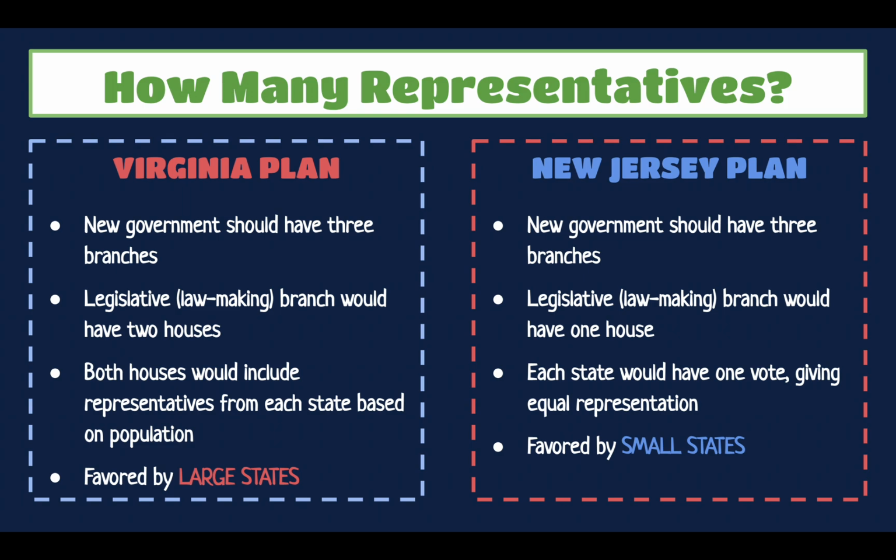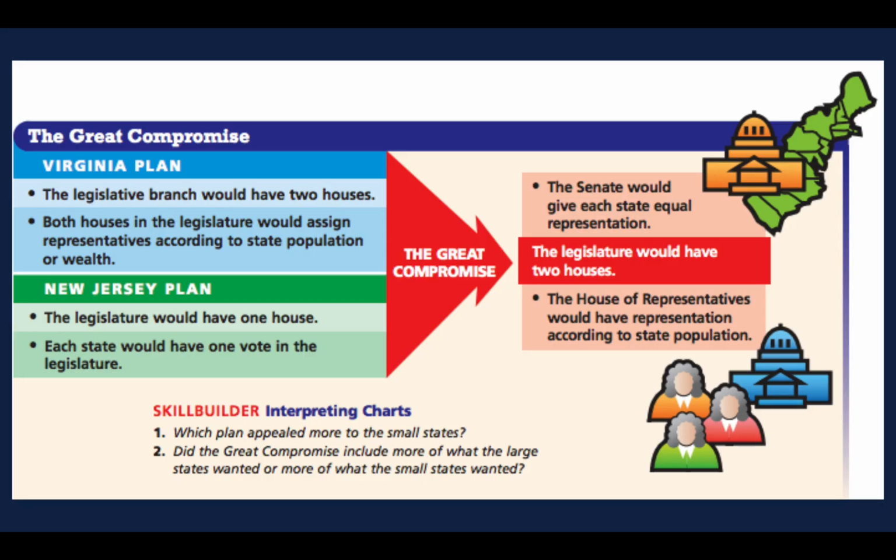So the end result was a compromise of these two. It's oftentimes called the Great Compromise, where elements of the Virginia plan and New Jersey plan were brought together. It would create a two-house legislature, a Senate, which would give each state equal representation. So today, each state has two senators, no matter how many people or how few people live in that state, and a House of